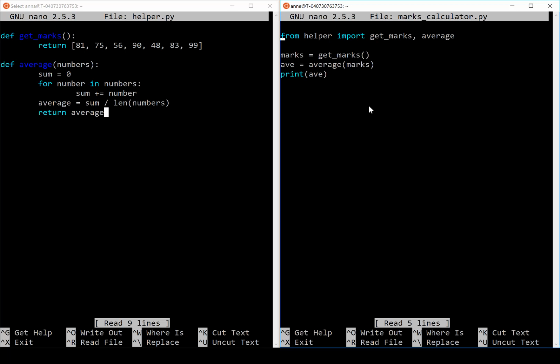To import everything from a module, rather than specifying a list of the function names, you can use an asterisk. So I can write from helper import star to get everything from the module. Another way of doing this is to simply write import helper rather than from helper import and what I want to import. Using this method, I need to prefix all the functions from this module with the name of the module. So I'll write